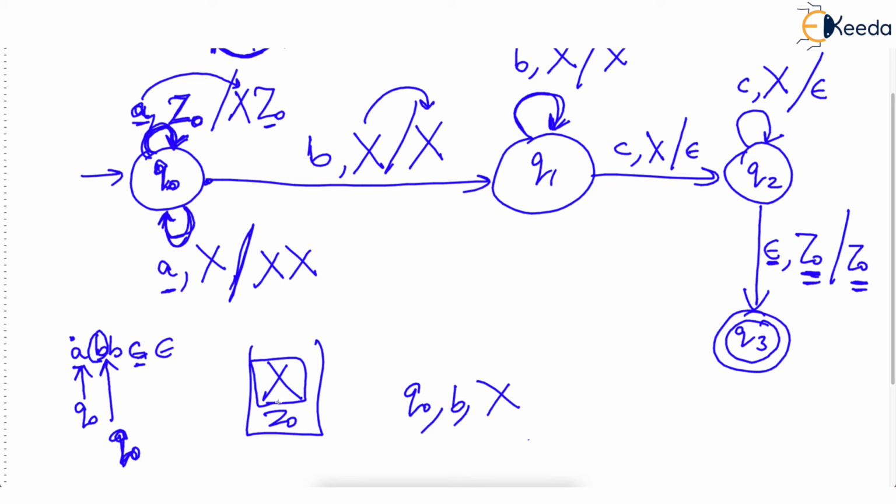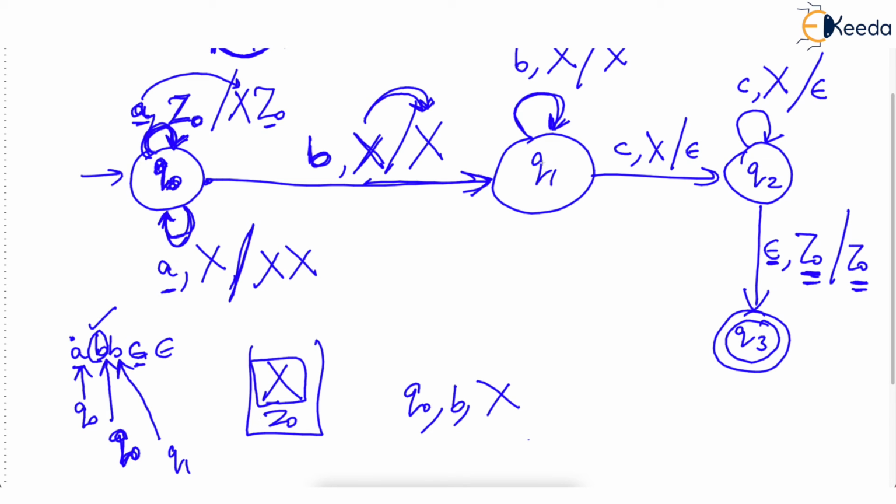Stack top is S. In Q0 state, we are reading a B and top is X. So what is the action we are taking? We are keeping that X as X. We are neither pushing nor popping, but we are moving to Q1 state. So for this first B, stack is unchanged. But importantly, we have moved ahead on the tape and we have moved to Q1 state.